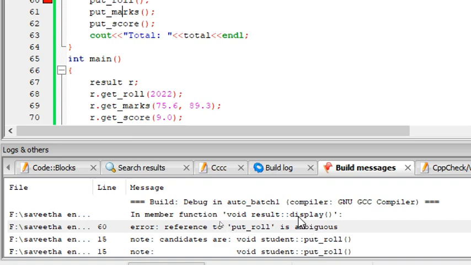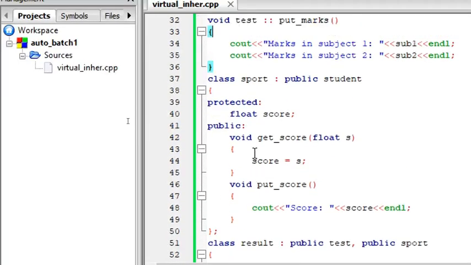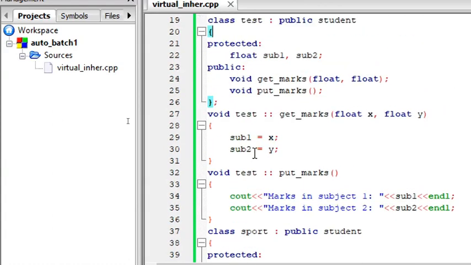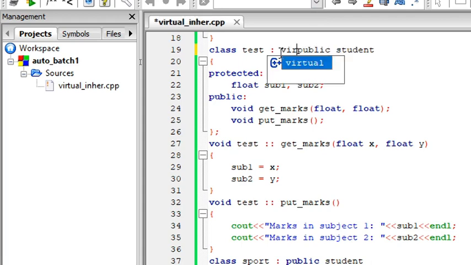To avoid this ambiguity, I am making both the derived classes, that means test and sport, while inheriting, make sure it is inherited virtually. The same thing has to be used here also.